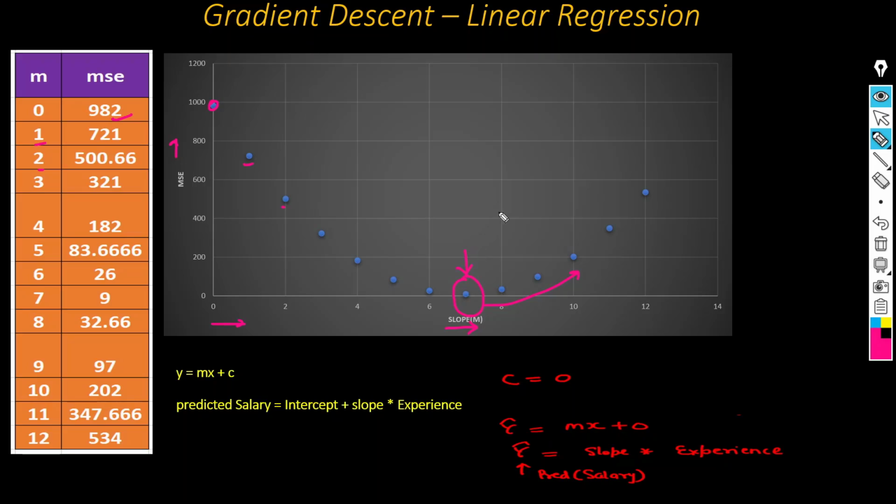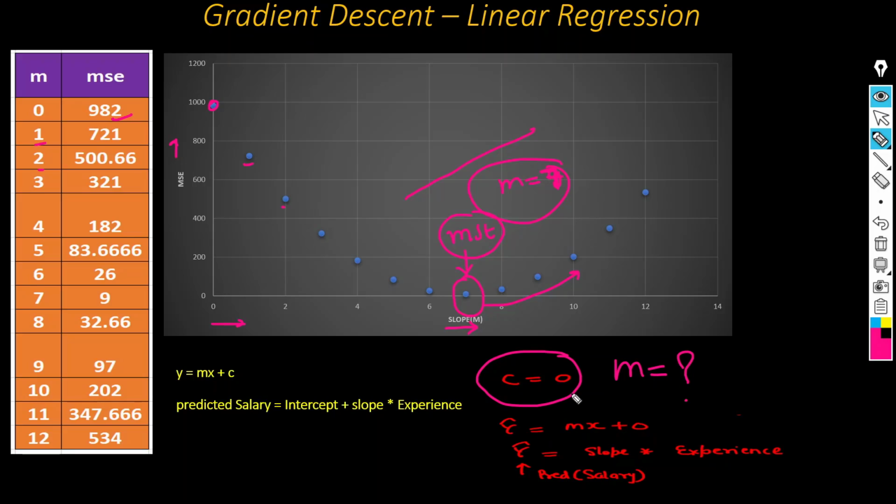So we can say at that particular m value where we get the least squared error, at that particular MSE we can draw the best fit line, because once we get the least MSE, we will also get the m value, and then we will use this particular m value to draw the best fit line. But here if you see, I used c is equal to 0, okay, and used different values of m, and by using that we tried to find the best fit line.